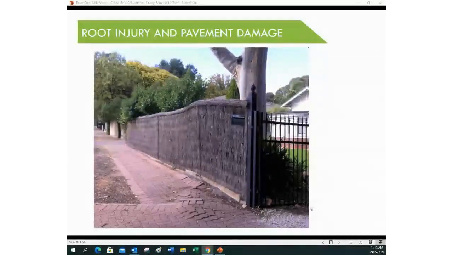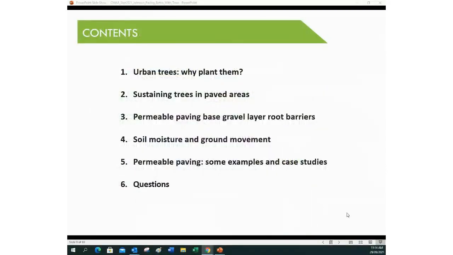And it's not just council street trees, it's trees on private property as well. So why would we even bother planting trees in areas where we need pavements? That's the question. So what I'm going to speak about in the next three quarters of an hour or so, firstly